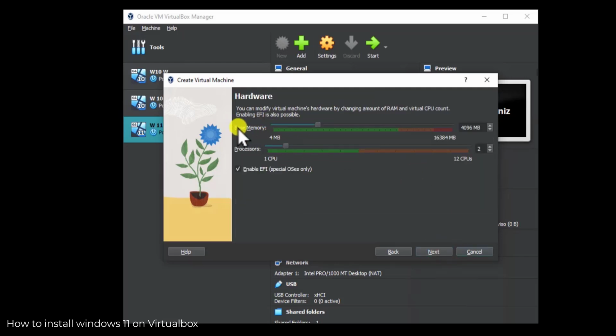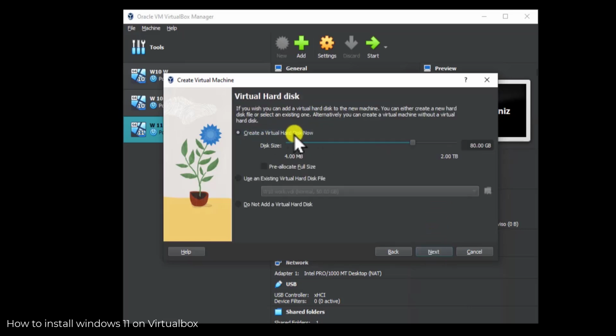Here you can see the RAM you want to allot to your virtual machine, the base memory. The default settings are showing up as 4 GB of RAM and the CPU core 2. You simply need to allot the processor. You can allot more or you can allot less. It's completely up to you, but you have to go higher than 2. And after that, click on next